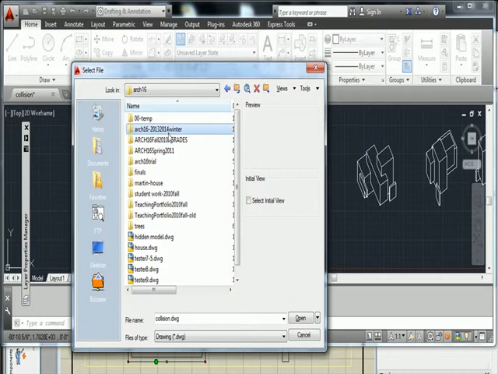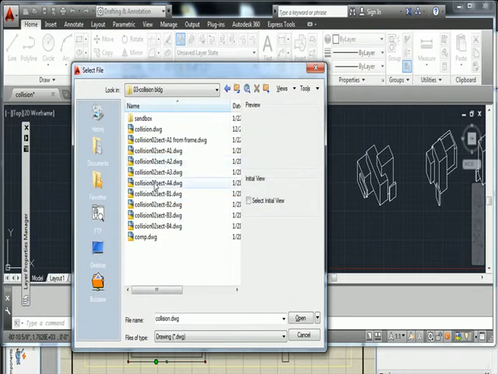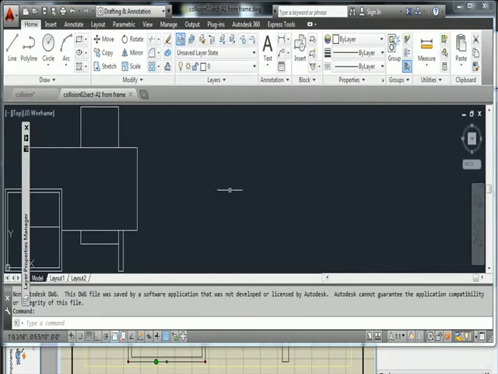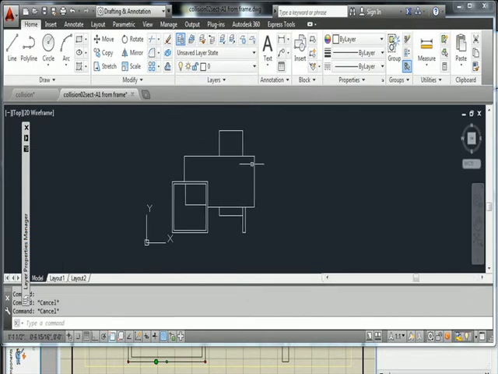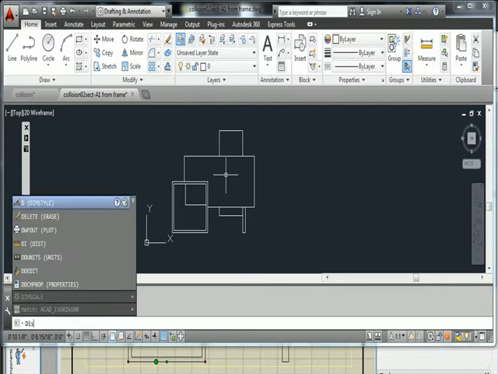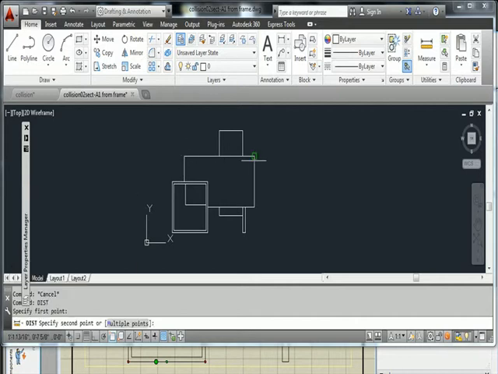Frame building, open, continue. I have that exact same drawing. Okay, let's check the dimensions on this. Distance, DI, select that to that. What should that number be? 36. And it says right there,